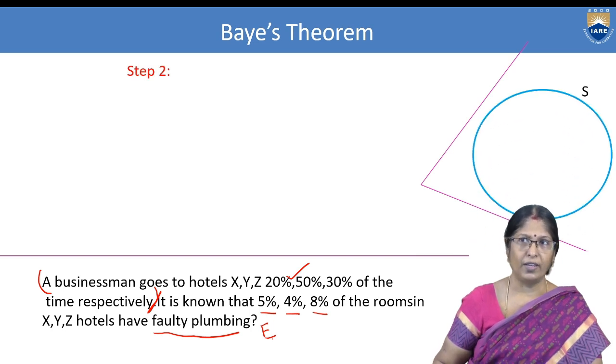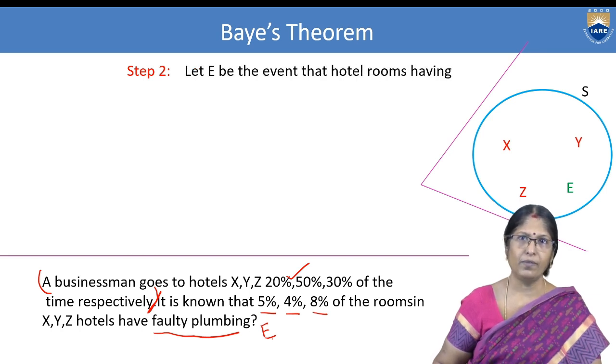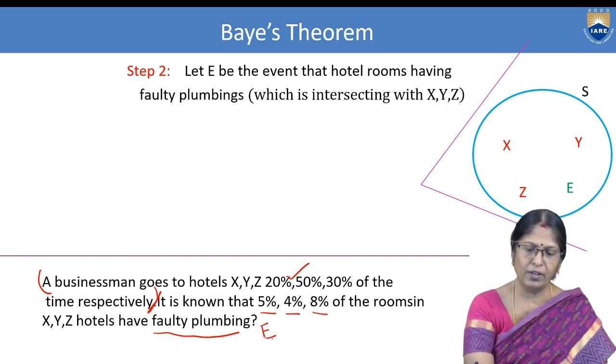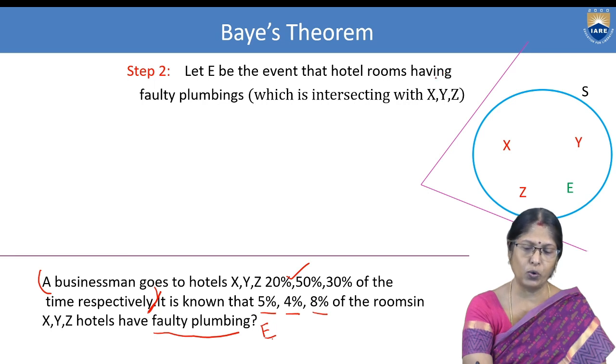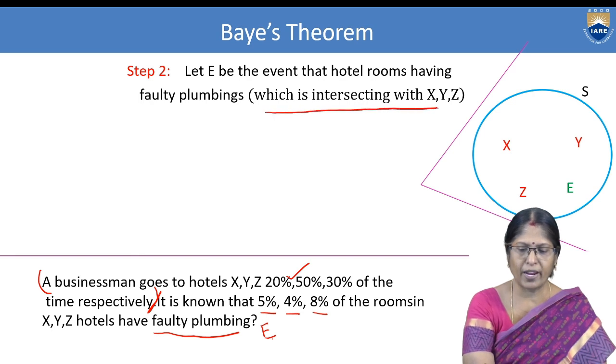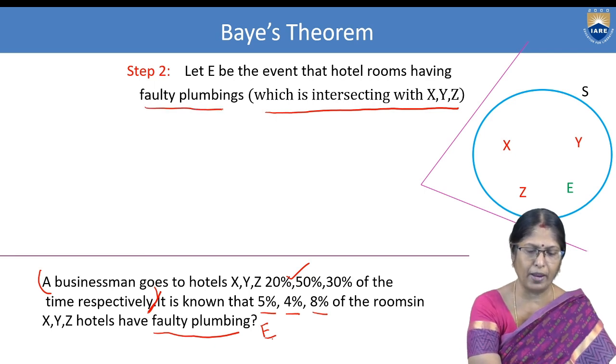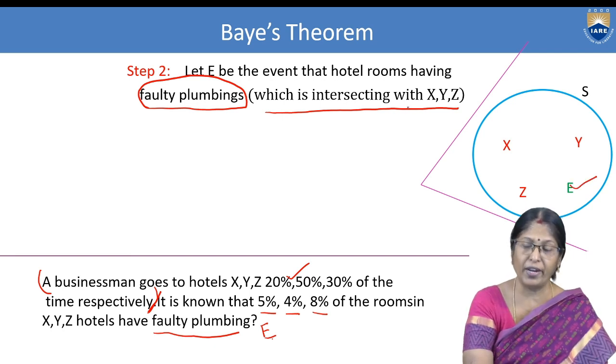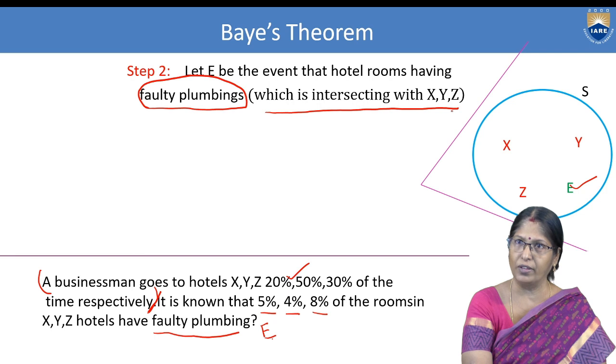Yeah, we can see it. Yes, this is the sample space. These are the main events. One more, that is what? Capital E, it's nothing but our faulty plumbing. We will solve it. So, let capital E be the event that the businessman is staying in a hotel having faulty plumbing. We can see in the small bracket which is written, which is intersecting, that is the faulty plumbing, the event name we have given as capital E, it should intersect with our main events, that is